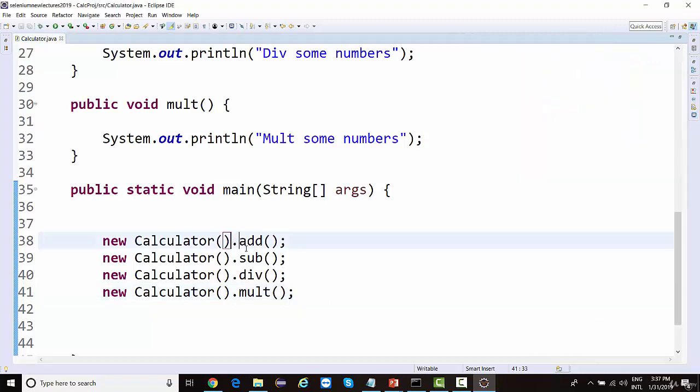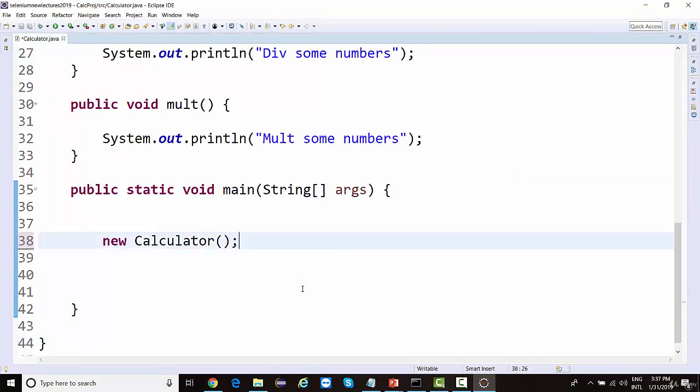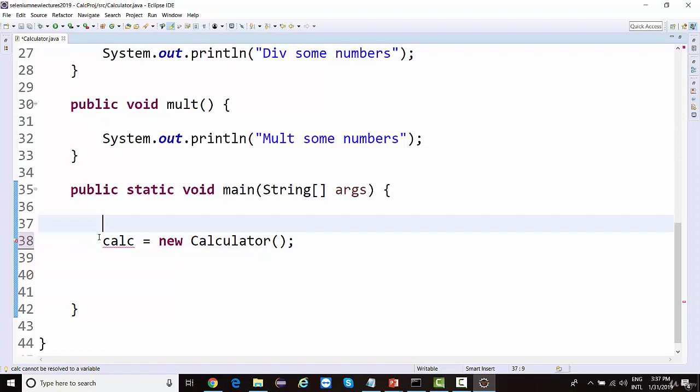So what we'll do is, wherever the object is created in memory, we'll just store the address of that object in some variable. The variable could be any name, ABCD equal to. Generally, we give it a meaningful name, so we call it calc. Now, in Java, every variable should have some type. Let's say I'm storing the value 100 in a variable called value. So we know what the type of this variable is. This will always be int, right? Because numeric values are mostly stored inside integer variables.